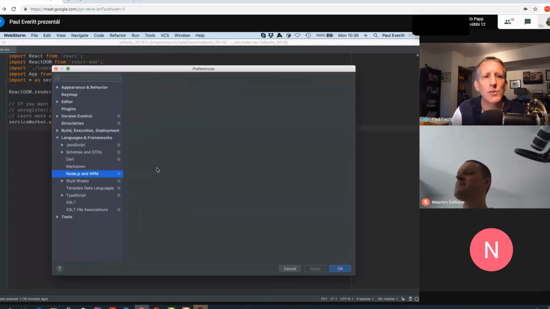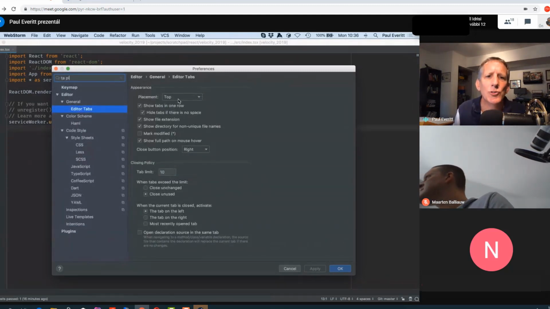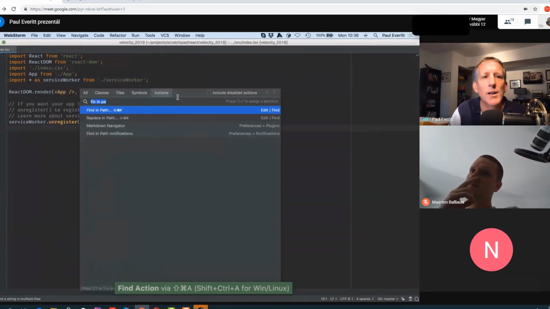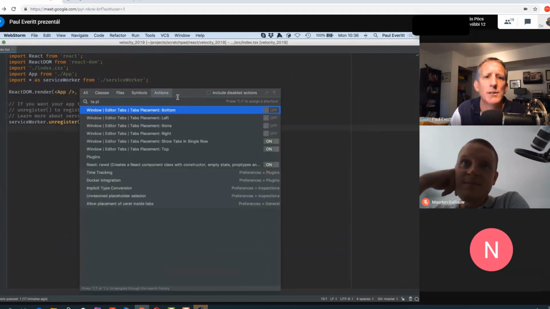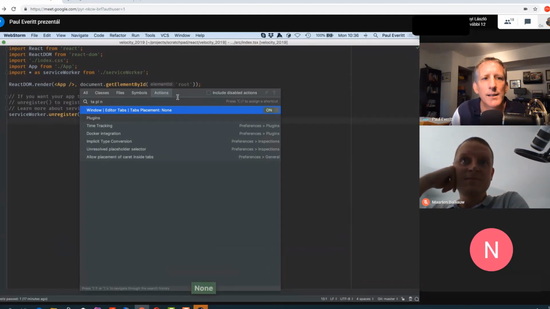I can go to Preferences and speed search for tab placement, and I can change it from top to none, or I can use the trick that I just learned, find action. Preferences are actually in actions. And so preferences such as tab placement none is actually something I can toggle from right here. And I change that preference to on, and now my tabs are gone.